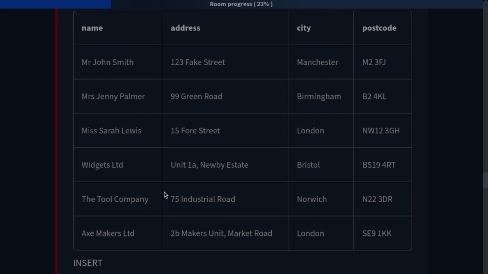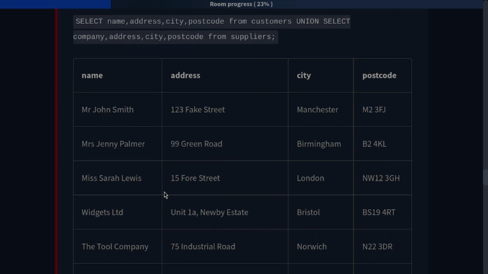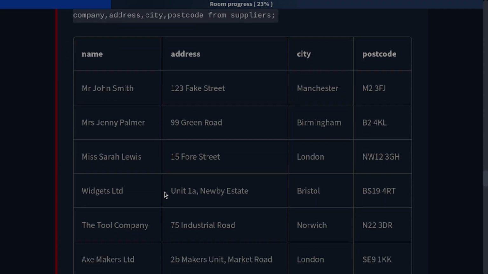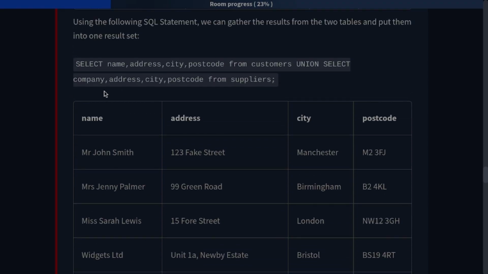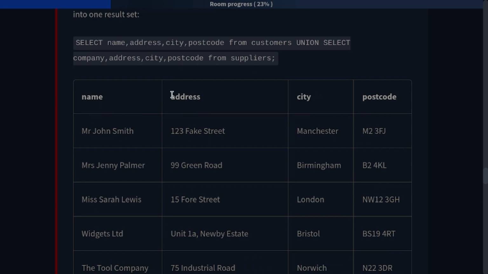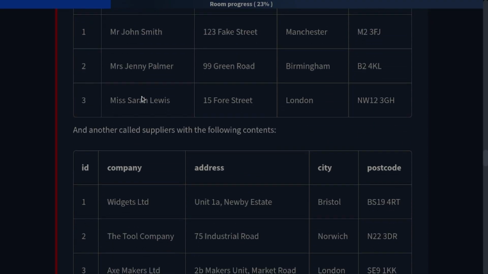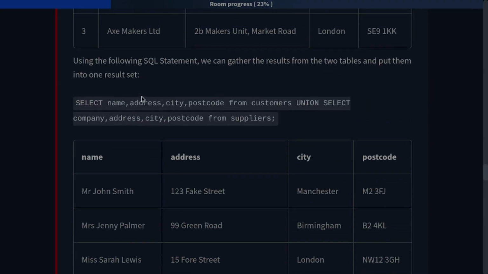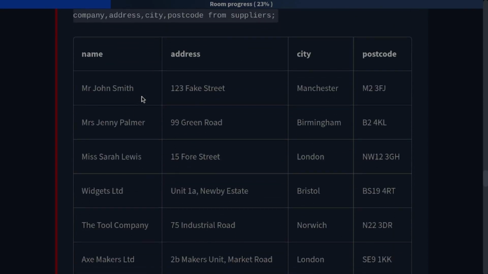And as a result of all this, we get a combined format of both this data. For example, we got name, address, city, postal code from the first table, and on the second table we got the suppliers table as well. So as a result, the customers and the suppliers were combined,